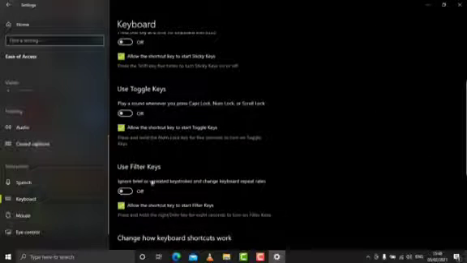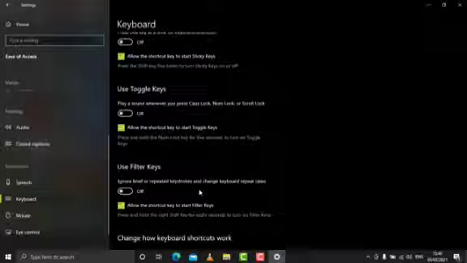And the next is filter keys. This filter key enables the user to change the repetitive mode of any key on the keyboard. For example, if we keep on pressing a key, Windows 10 will ignore it. Repetitive pressing of the same key will also be ignored by Windows 10. So this is the work of filter keys. So we can see that for the person who cannot use the keyboard properly, these tools can certainly help.